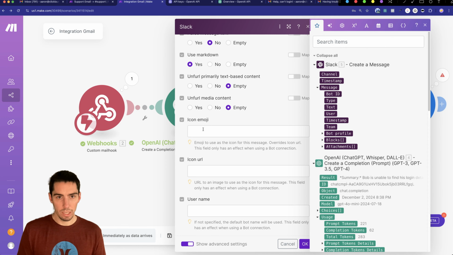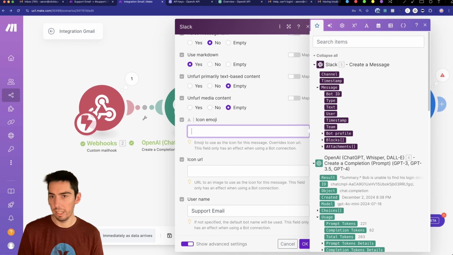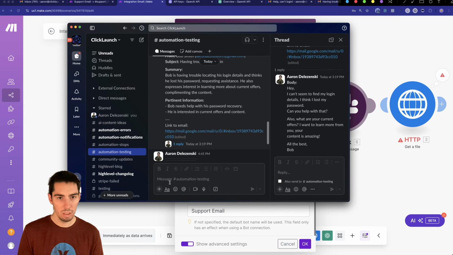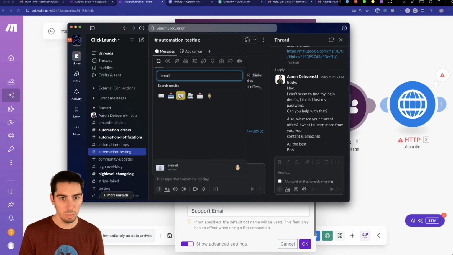And you can change the emoji icon, the username, maybe do support email, something like that. You can put an emoji icon in there. I like doing that sometimes too. So let's just do this. Show you how to do that. I like to go to the emoji here and let's do, say, email. And this one, as we see at the bottom here, it's email,